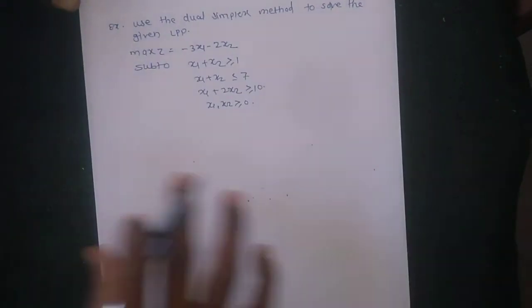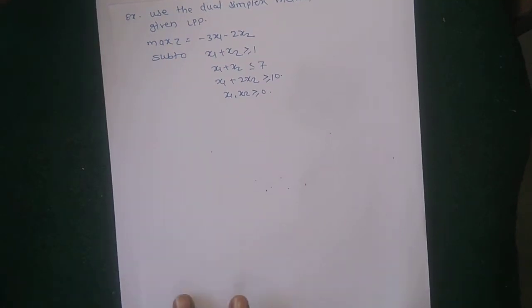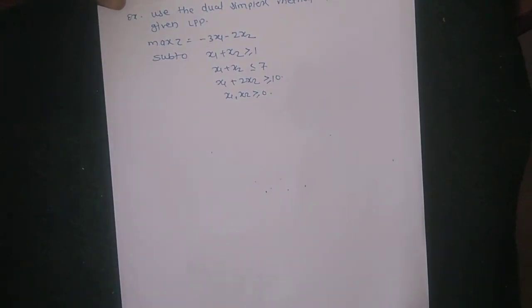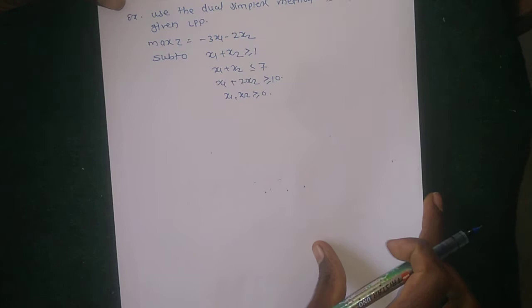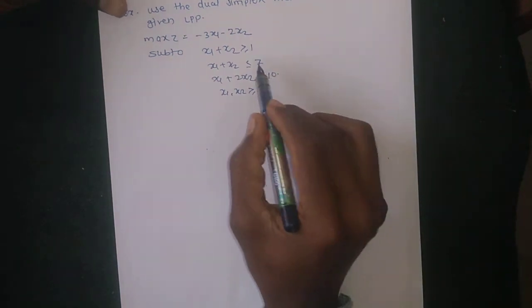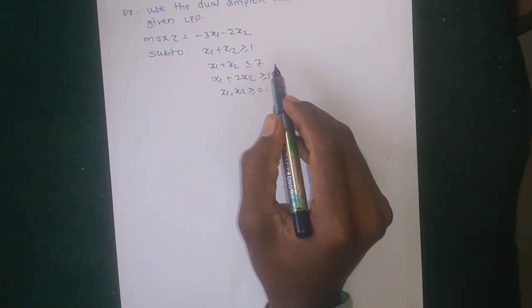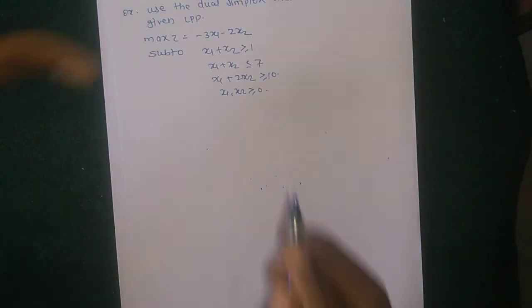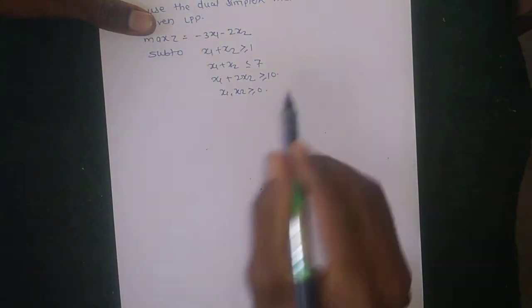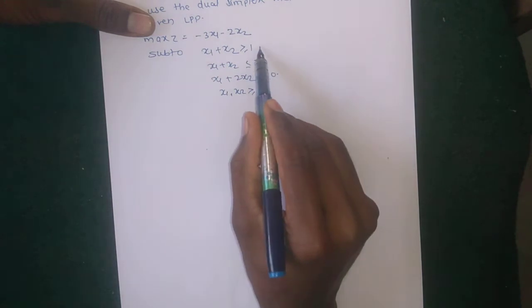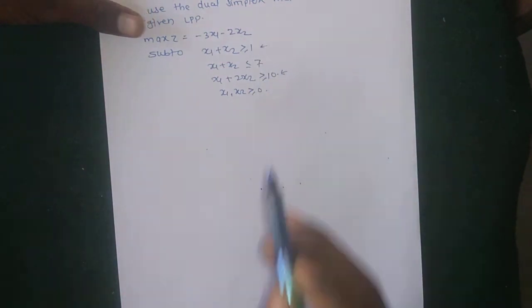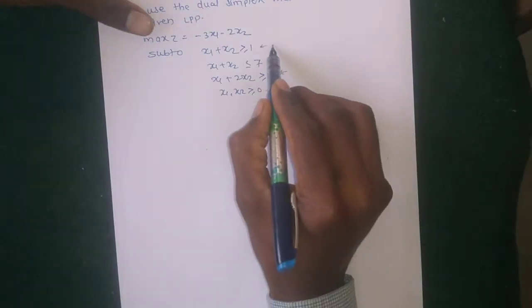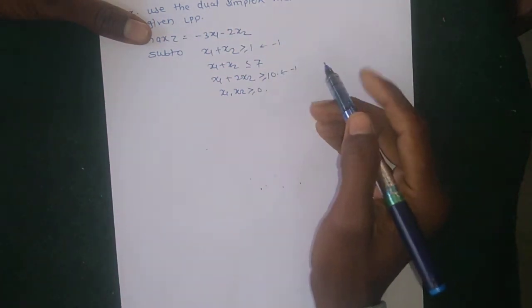Okay, so here the objective function is given as maximized type, and the constraints are not all less equal type. So convert them into less equal type, because when the function is maximized type, then in its canonical form all constraints must be less equal type. So the first and third constraints are greater or equal type, so multiply these constraints by -1.